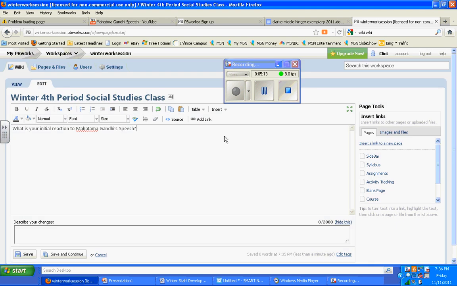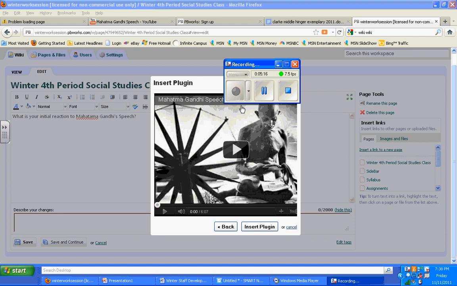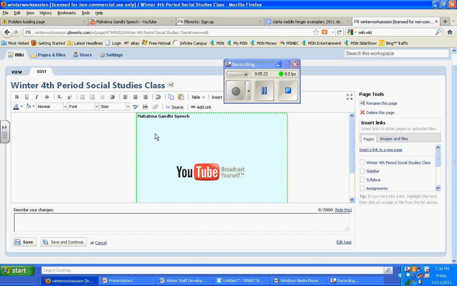And then I'm going to insert the plugin. Before you insert the plugin, just make sure that you click right here at the bottom where it says insert plugin. And it's going to look really funky. And you're going to be like, what? What's up with this? Why does it look like this? But if you hit save,